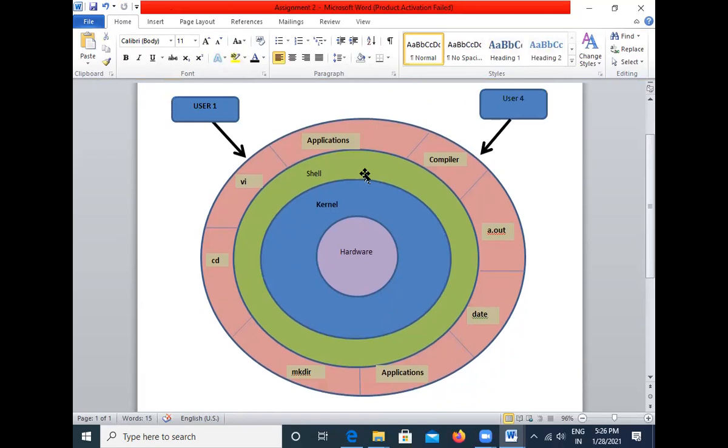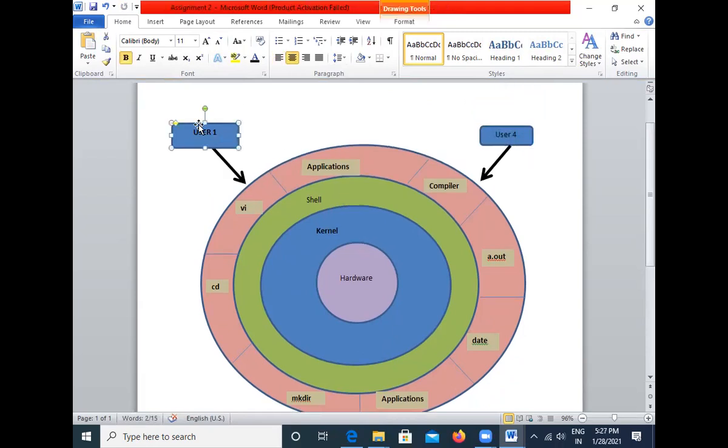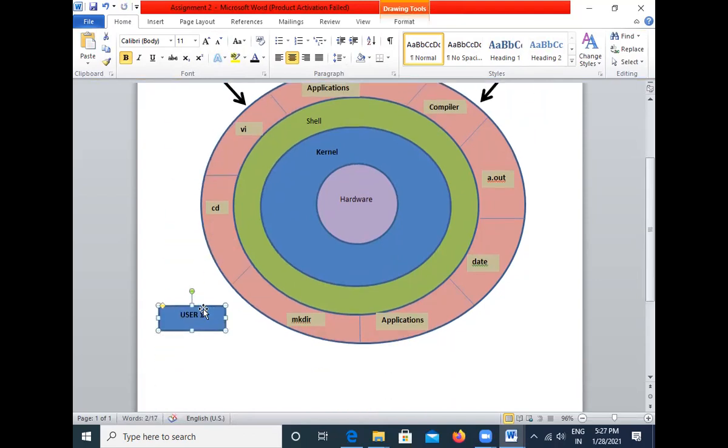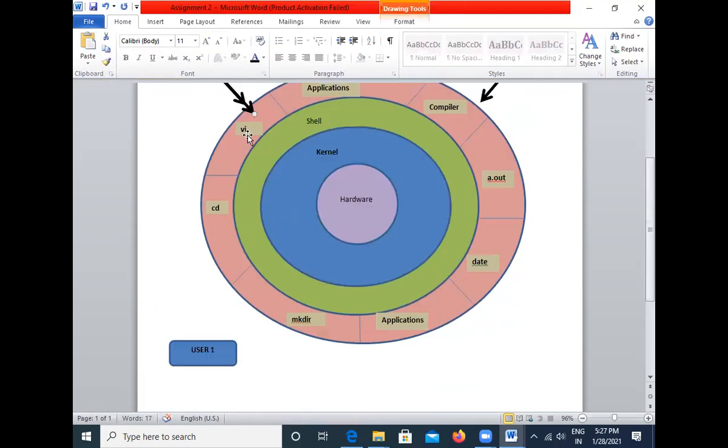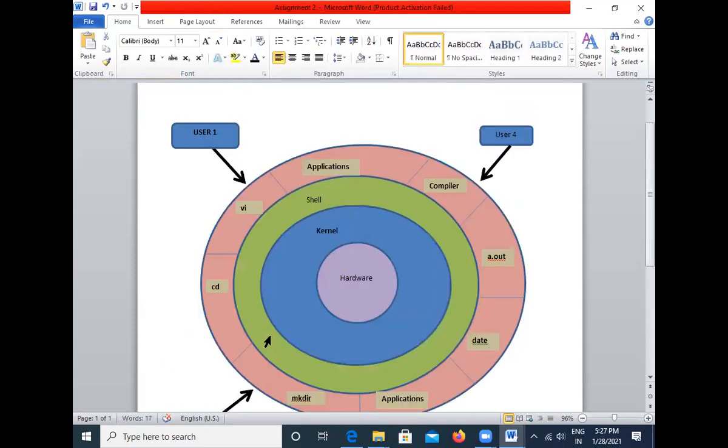In the similar way we can complete for the others as well. If you want to decrease the size, you can decrease the size. Okay, I will just select these two and then I will use this option, Control D again. And from here, you can rotate it. User 2. If you want to leave some space here, you can leave the space like this.